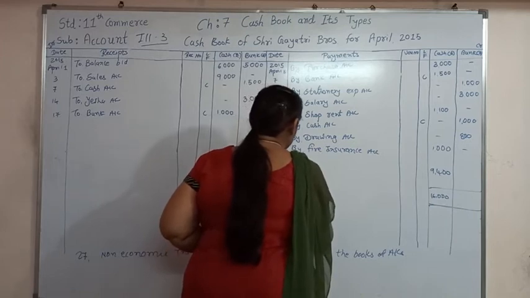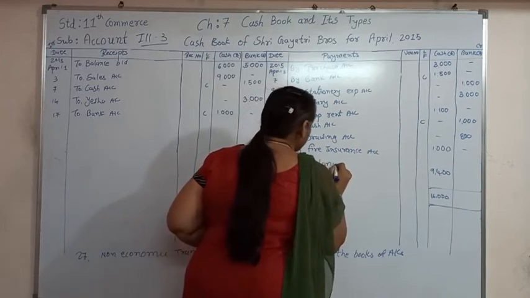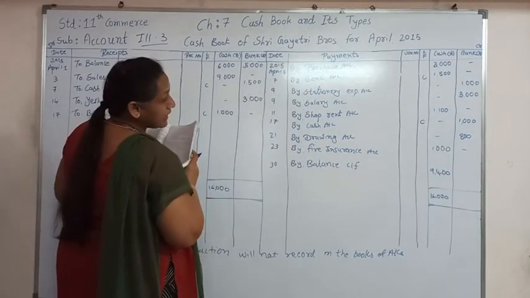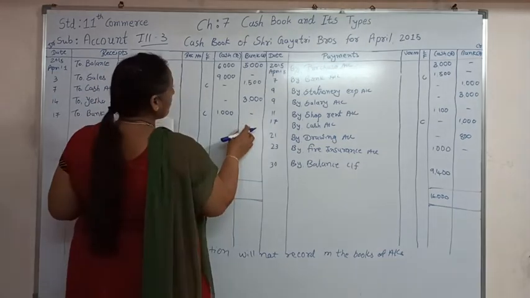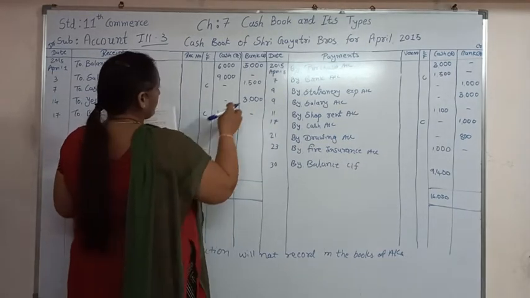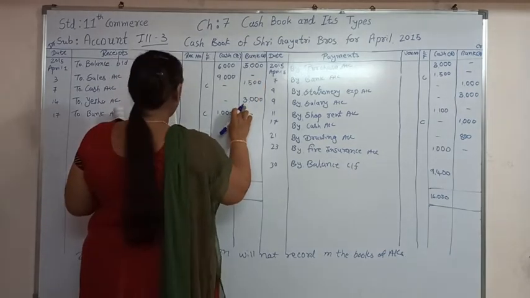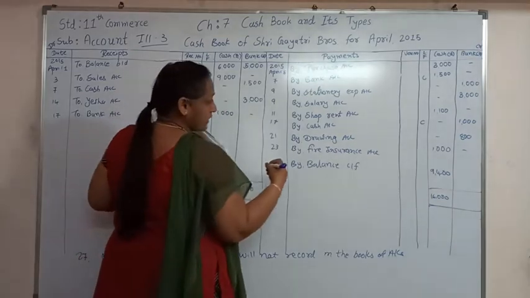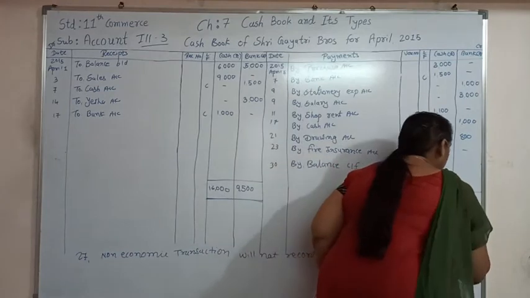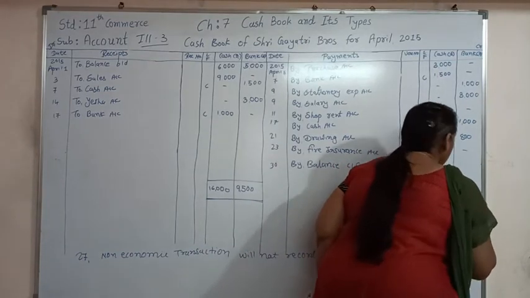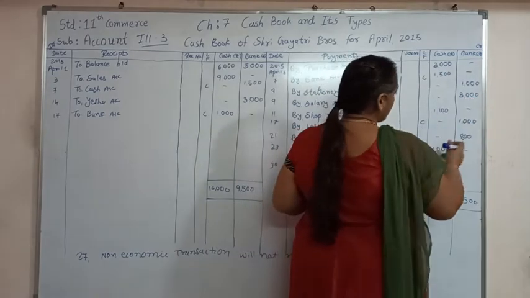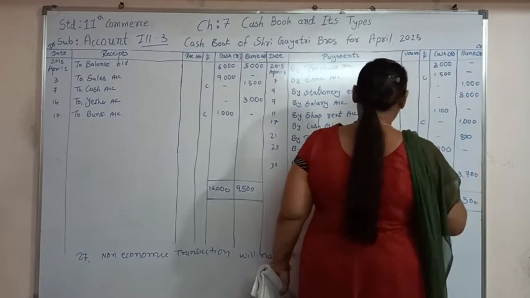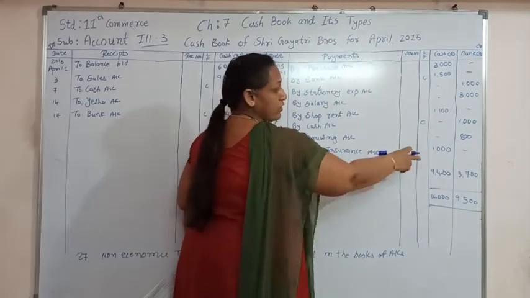We will write by balance carried forward. And now we are going to find out the total of the bank account, and we can see the total of the debit side is more. So here 5,000, 1,500 and 3,000, so it is 9,500. And this 9,500 we will take to the credit side. From this, if we deduct 1,000, 3,000, 1,000 and 800, the balancing amount will be 3,700. This is again called balance carried forward of bank account.